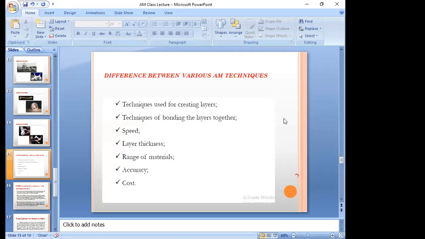If you are not going to apply some loads, then you will go for less thickness or thin shapes. Then the range of materials, and for which material which technique is to be used. We can't apply a single technique to all kinds of materials, right? And accuracy level. Sometimes we may require high